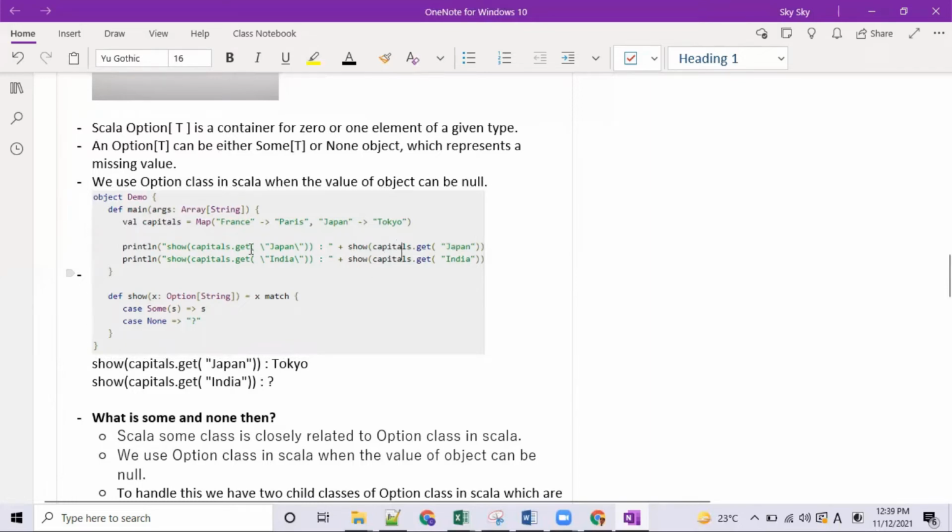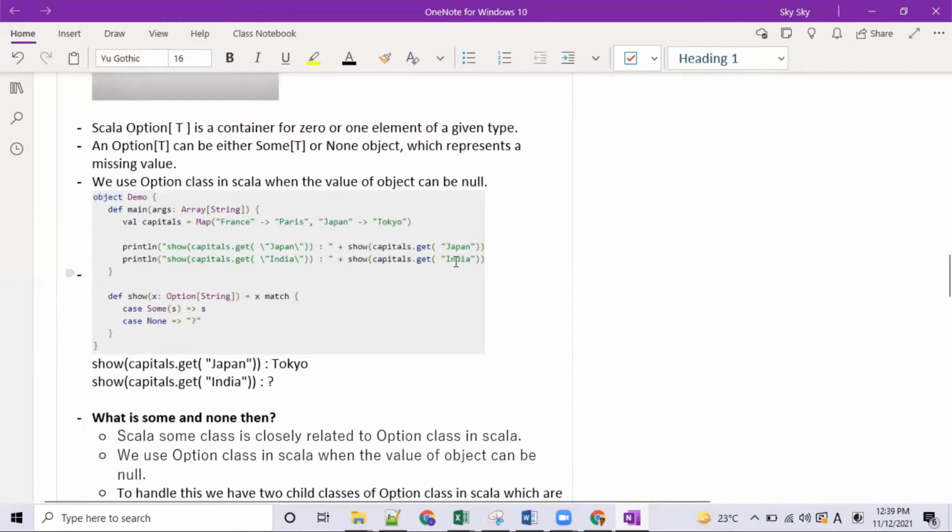And capitals is actually, as you can see, the map. So if we use the get method of a map, it would return the value. So Japan would be the key, or India would be the key, and the map would find the respective value for that key. So as you are passing Japan as a key for get, it would return the capital of that country. So this is how it is working. But as you can see, we are taking capitals get Japan, it would return what? Tokyo.